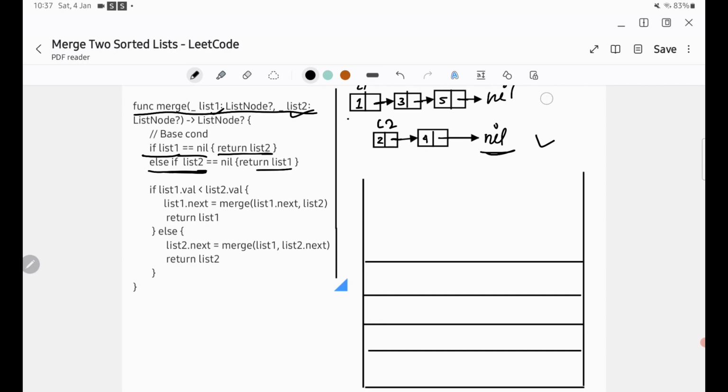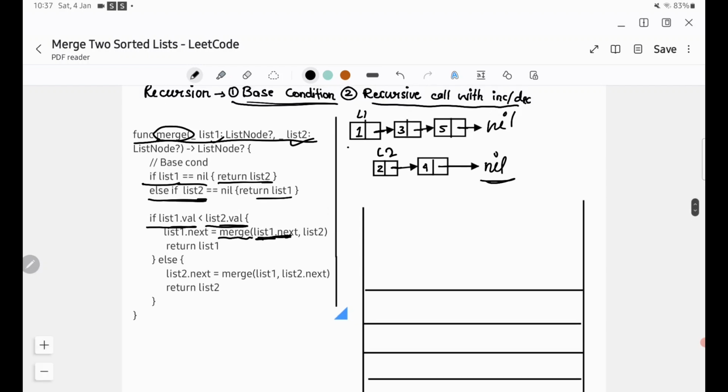Now if you see the condition, we are checking if list1.val is less than list2.val, we would do a recursive call to merge. My function is called merge, so it will call merge by incrementing list 1 to the next node. So my L1 will now represent L1.next, which is the next node. In the else condition, suppose my L1 value is not less than L2, it could be equal to or greater than,